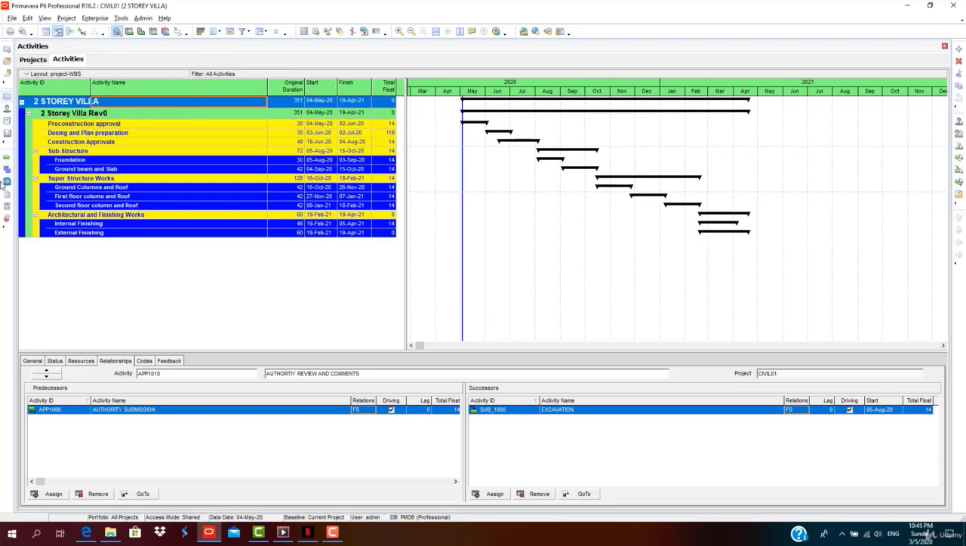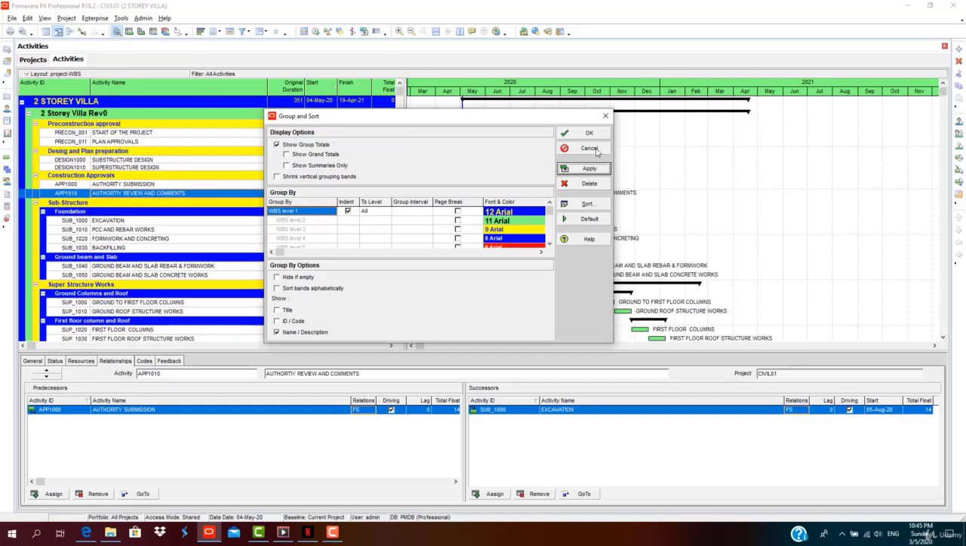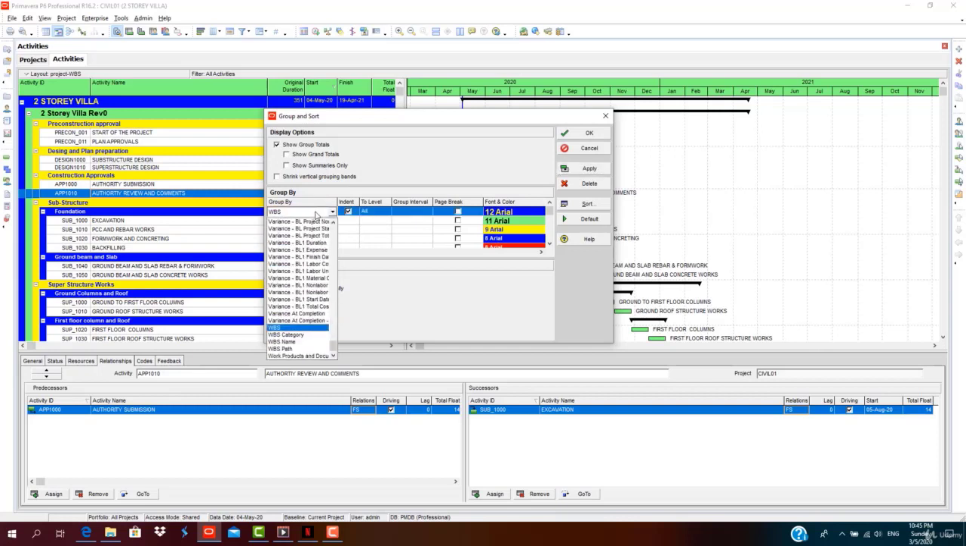So this is how grouping and sorting works, and there are many other functions we'll go through. Like, I deselect the show summary only, then apply, so we can see all the detailed activities. In group by, in the first field you can select the details you want to go into the formatting. Like if you want to go for actual start, if you have updated the program, you can